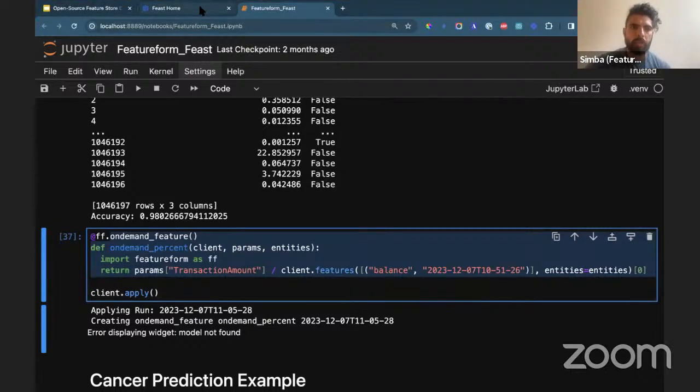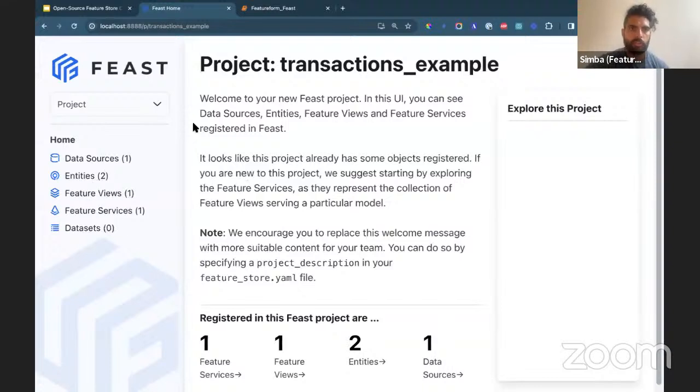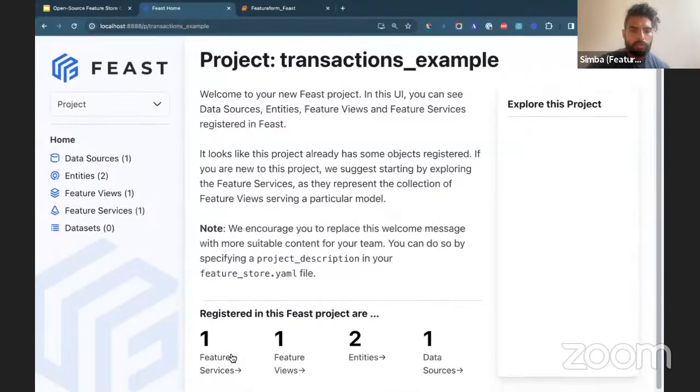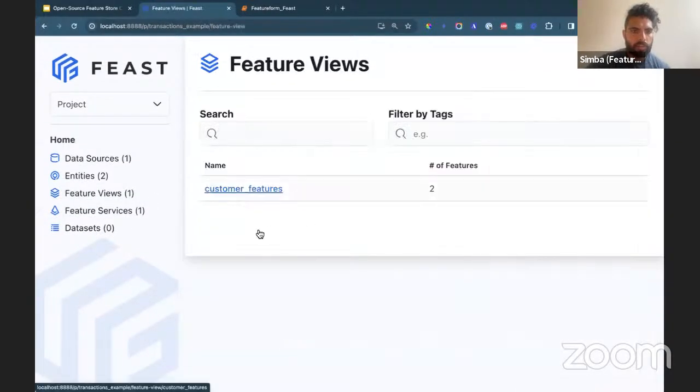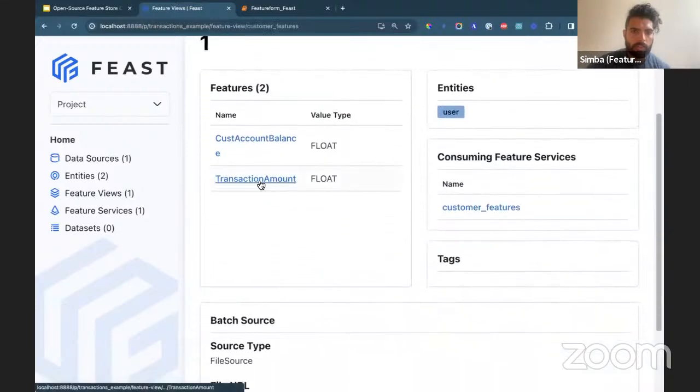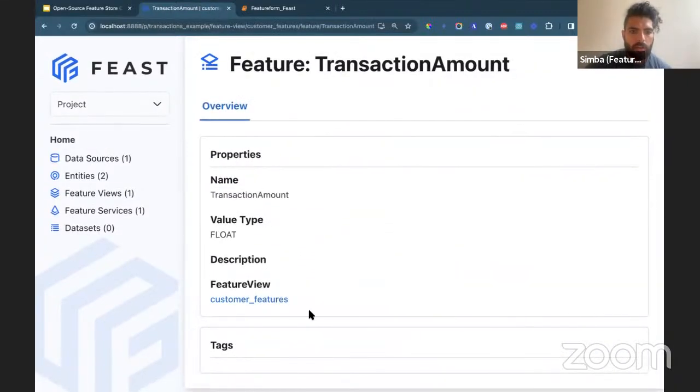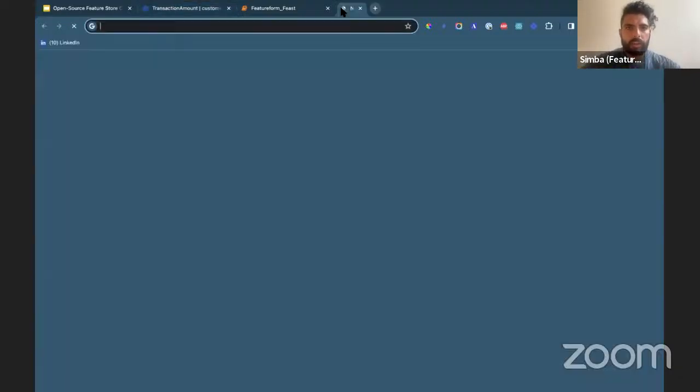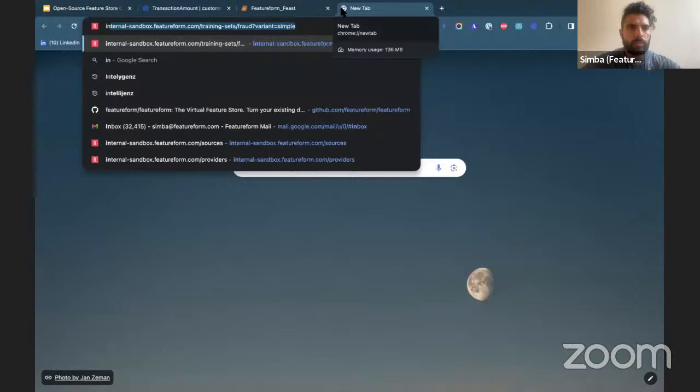And one way to visualize that is if I go to, so this is the UI for Feast. If I go to one of my features, like customer features and transaction amount, this is all I get here, right? I just get the name. I don't know what transaction amount is. On the other hand, in something like feature form,